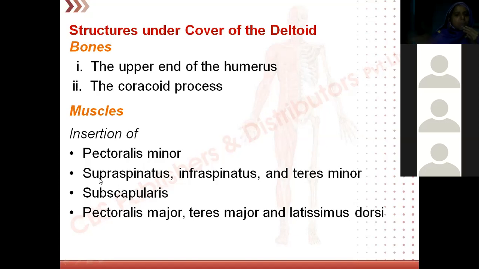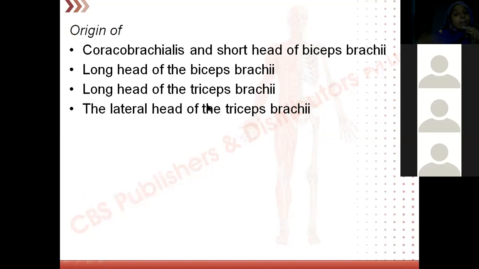So the other muscles, once you cut there, you will see supraspinatus, infraspinatus, SITS. You remember, beta, SITS. It becomes easy for you. Supraspinatus, infraspinatus, teres minor, and subscapularis. Okay, pectoralis major. Remember that lady between two majors: this is one major, this is one more major. This is in the floor of intertubercular sulcus: latissimus dorsi, medial lip teres major, lateral lip pectoralis major. Whatever attachments we see at the upper end of the humerus, all those are seen under the cover of deltoid. So it makes your understanding and remembrance easy.